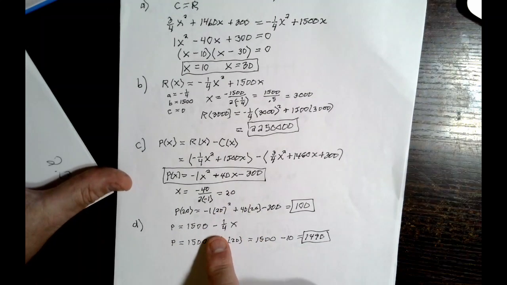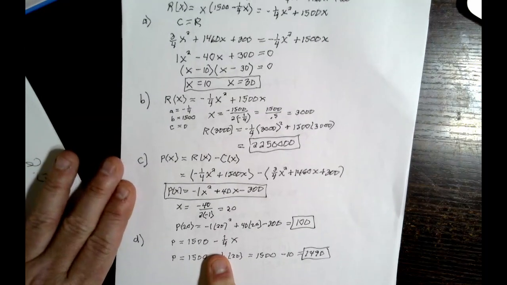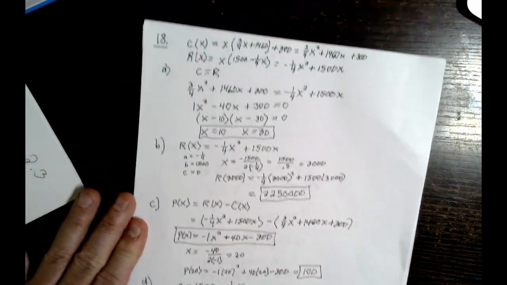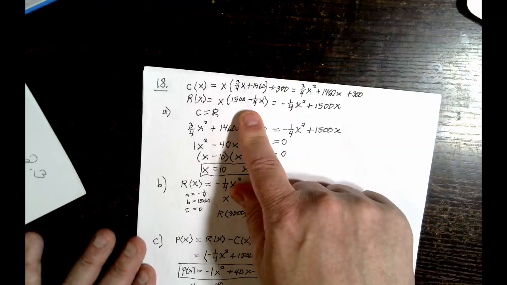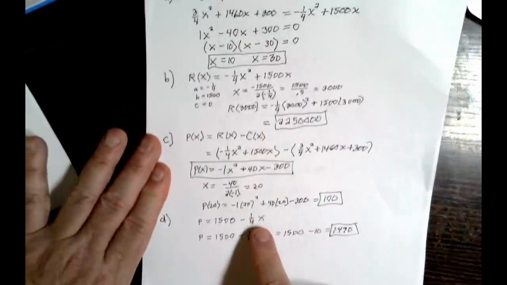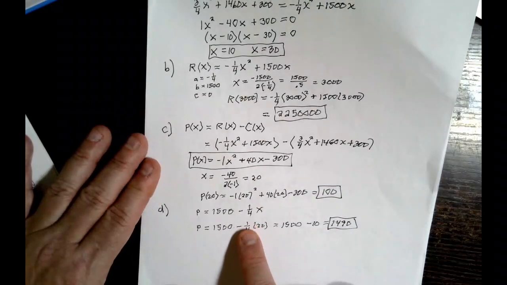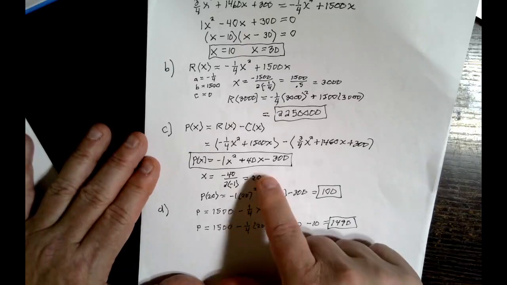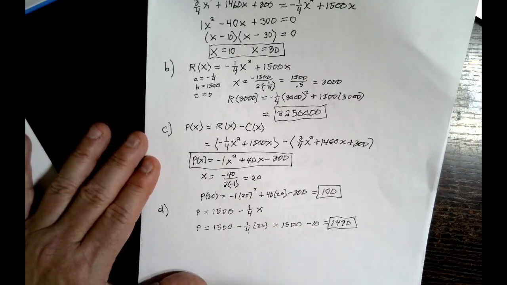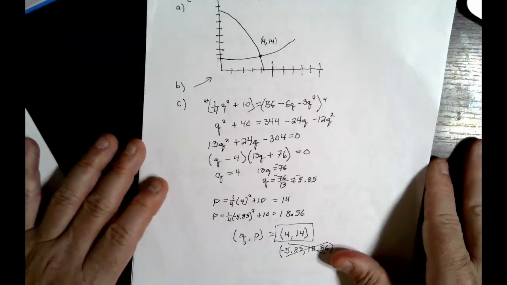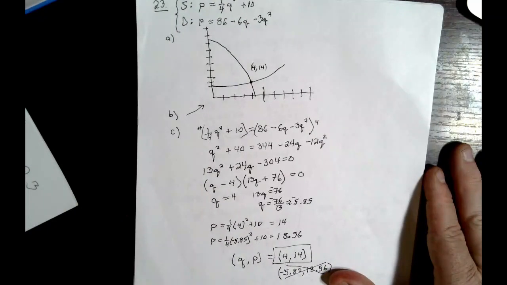Okay, and then here they ask you what the price is. And so now, go back to the original problem. You know what your price is: 1500 minus 1/4 x. Okay, and so you plug in x equals 20 into this guy, and you get 1490. Alright, and then 23